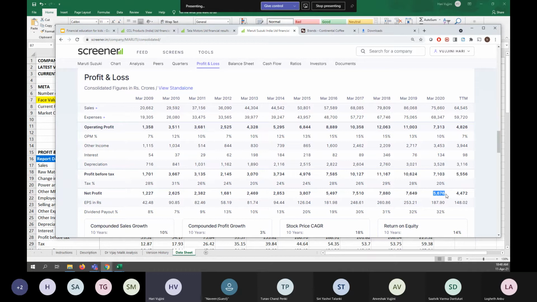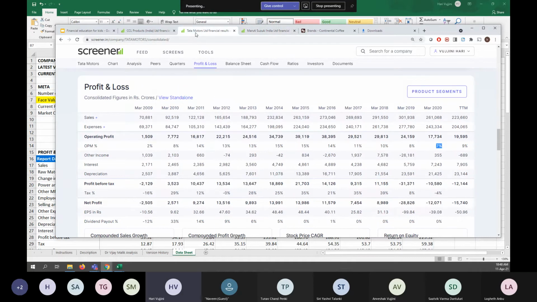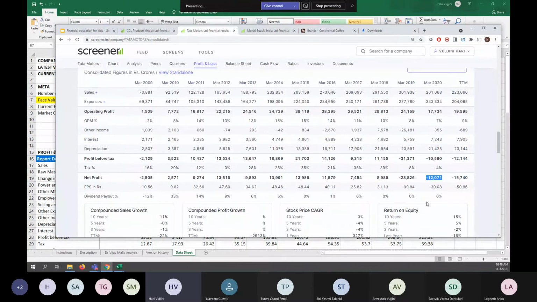So it's 5.6 billion Danish krone. Whereas Tata Motors, how much do they have? Oh, look at here. They have losses, not even profit. So what does it tell you? If you look at these two companies from the accounting lens of the profit and loss statement, it's a clear case of Tata Motors and Maruti Suzuki. What is it telling you? Maruti Suzuki is better than Tata Motors.